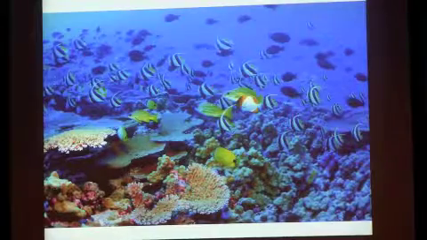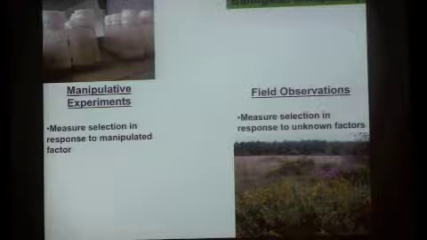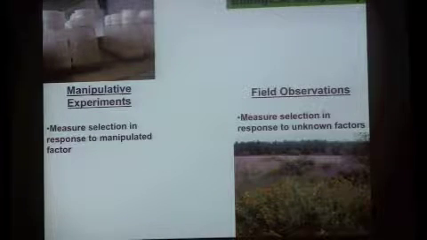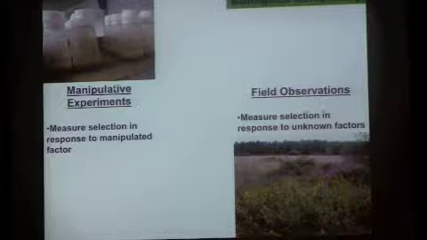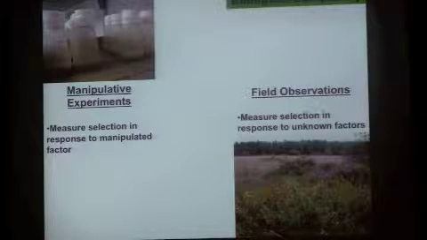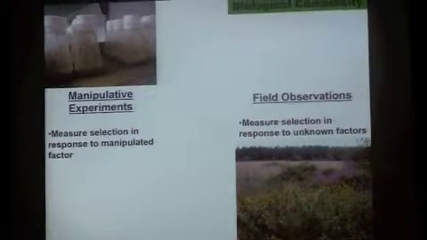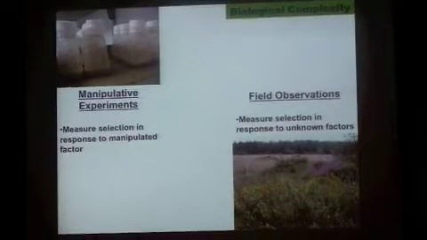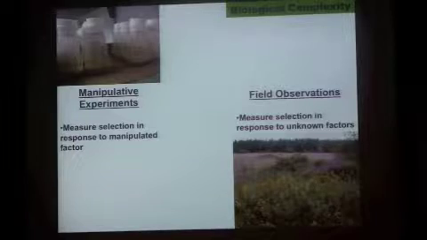interactions between those species. So I'd say classically people that have done evolutionary experiments fall into one of two categories. In one, there's these sort of in the lab bottle experiments where people manipulate some factor. So maybe you grow a plant in the greenhouse and you manipulate, say, herbivores on that plant, and you look at selection in response to those herbivores or evolution in response to those herbivores.